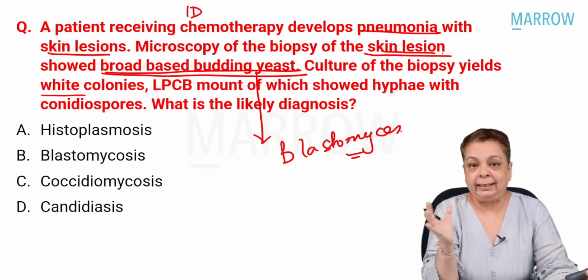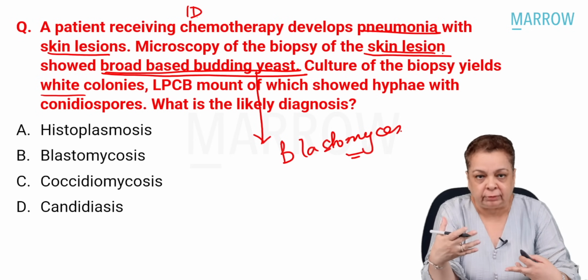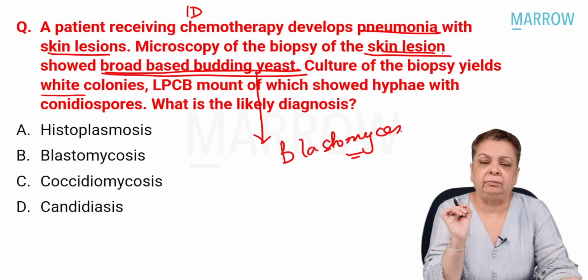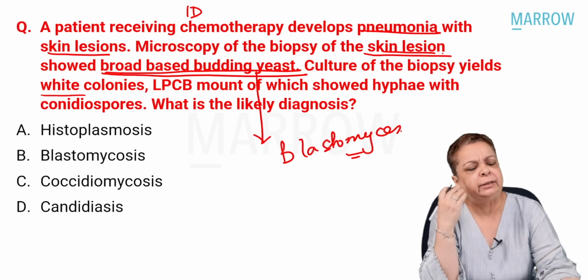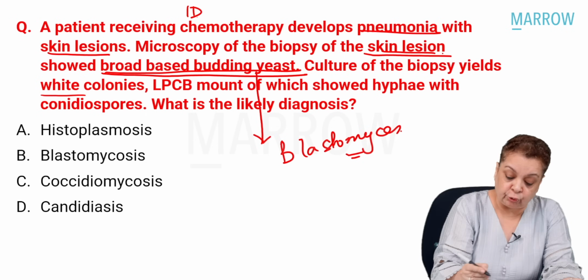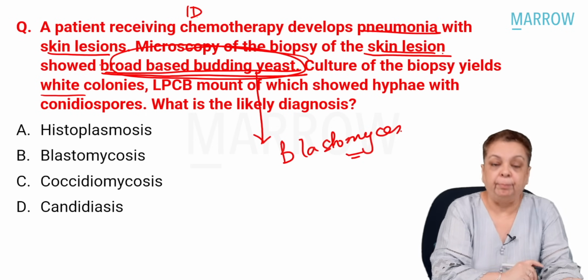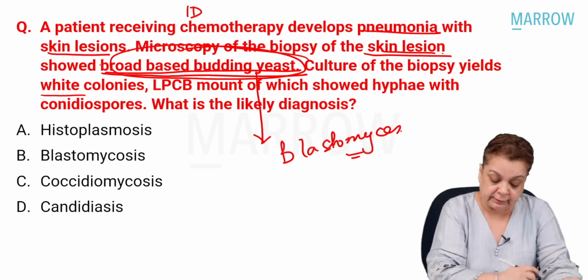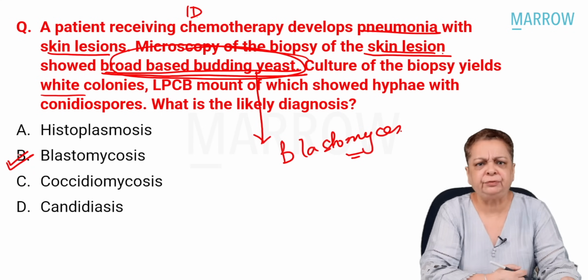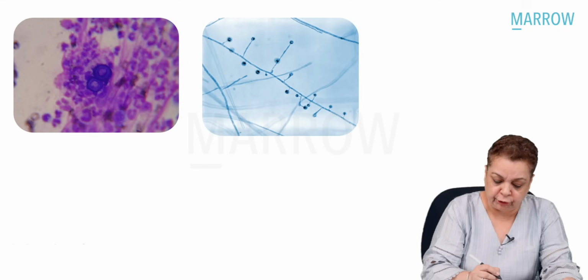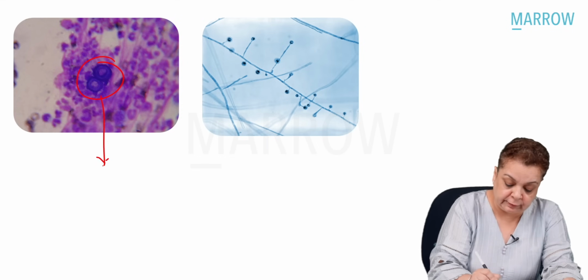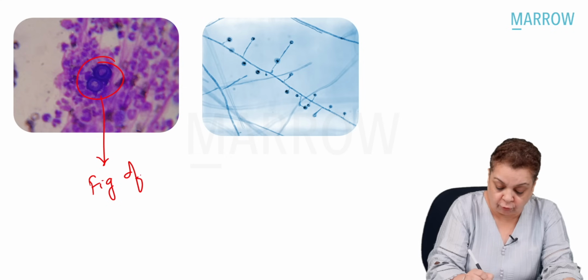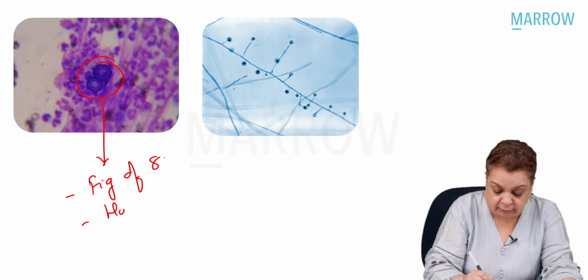So don't get psyched by the huge amount of content written in the question. The one clinching word only can tell you what your answer is. Okay, so here our clinching words were broad-based budding Blastomyces. Okay, this is very simple. Let me show you the image. That's our figure of 8 appearance, or hourglass appearance,